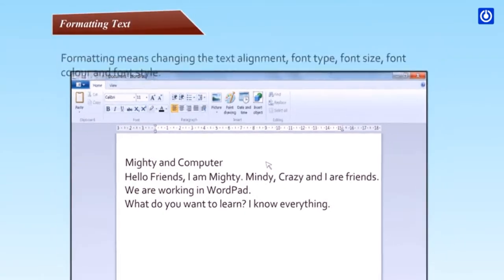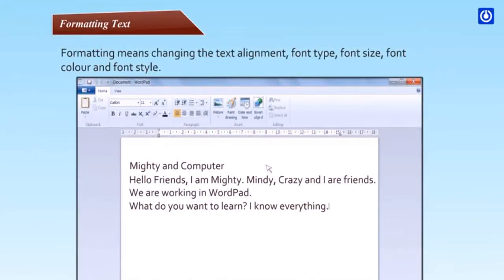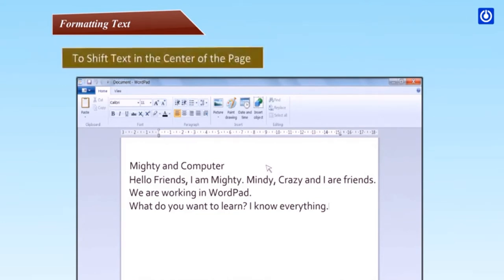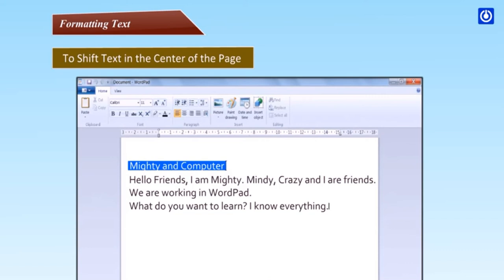Formatting text. Formatting means changing the text alignment, font type, font size, font color, and font style. To shift text in the center of the page: Step 1. Select the text Mighty and Computer by placing the cursor to the left of the word Mighty and dragging it till the end of the word Computer.